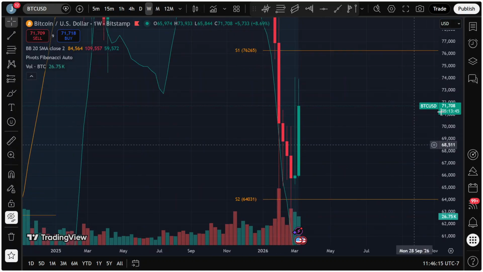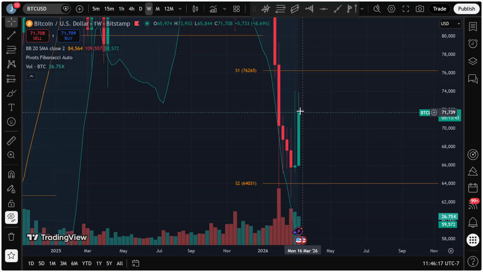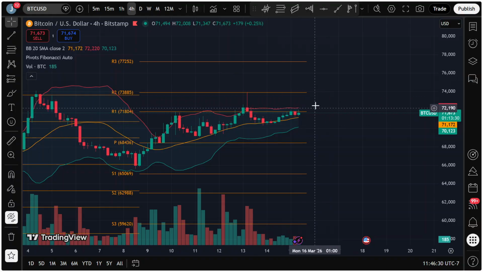I don't think it's unreasonable for us to close here and the candle start and then give back some of it and then go back up. But it does put some pressure that next week will be bullish if we actually see, especially if we can get back above 73.8K. But I don't think that we see that before the end of the day. But that would be early in this week. I would imagine we see another interaction with 73.8K.